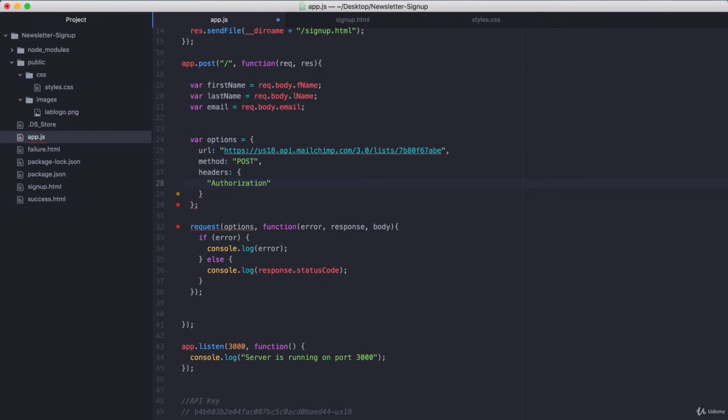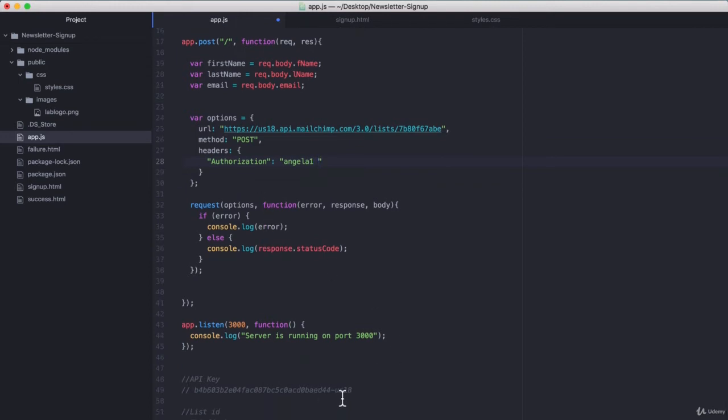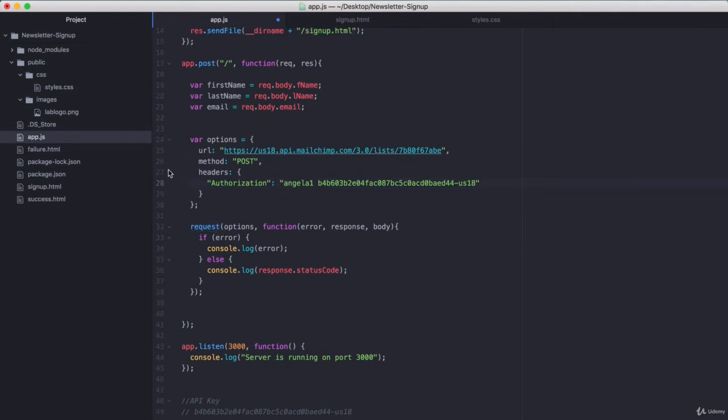authorization. Remember to spell it with a Z because everything is in American English. And the authorization is going to be a string, where the first part is, as MailChimp said, any string. So we'll just call it Angela1. And then the second part is going to be our password, which is the API key. So that is our API key. And there's a single space between the two of them. So this is the way that you can authorize yourself using basic HTTP authorization and the request module for any